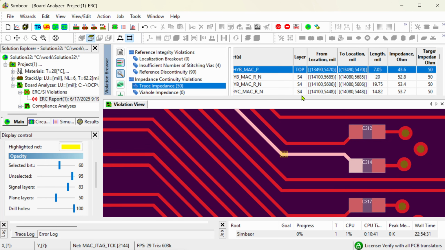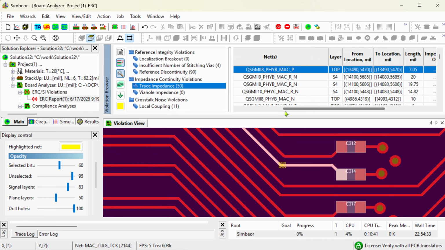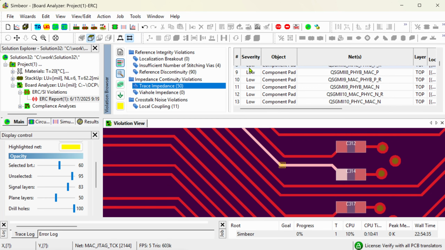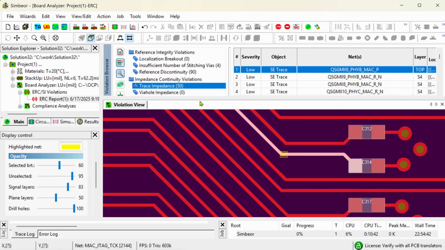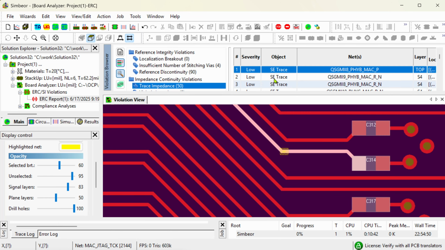As for impedance, there are not many impedance discontinuities here, all with low severity. So to remove these low severity warnings, the collection of low severity violations can be turned off